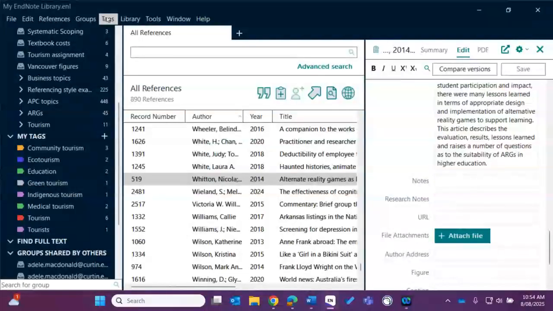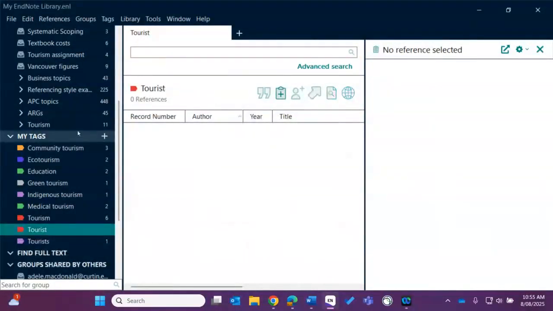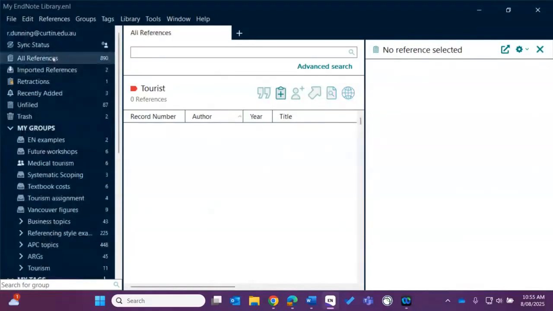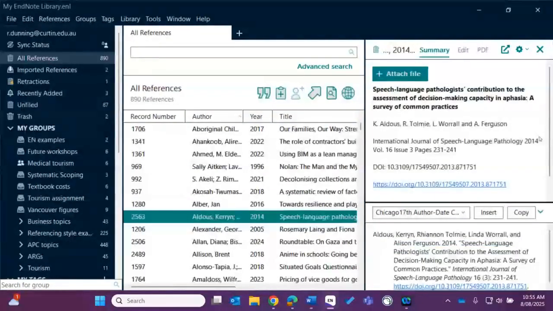If you go to tags in the toolbar at the top, you can select Create Tag. Just give it a name. Tourist or whatever you want to call it. Select a color and then you can create the tag. And as you're working with your references, you can then go in and tag those references. So in the summary pane here,